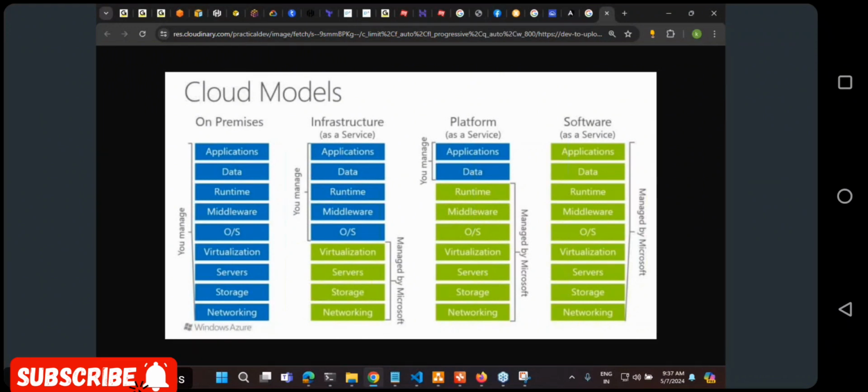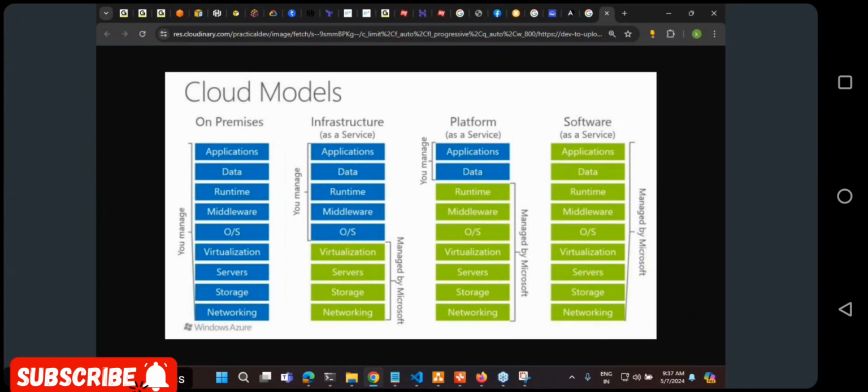If it is on-prem, on-premise means your company is managing their own hardware. Physical networking, who has to do it? Your company. Storage, who has to do it? Your company. Networking, servers, virtualization, buying VMware, managing operating systems. Middleware could be something like Tomcat, Apache, Nginx. Runtime is something like Python, .NET, and all that stuff. And then whatever code you are trying to run, applications, whatever data it is generating, all of these things have to be managed by you.